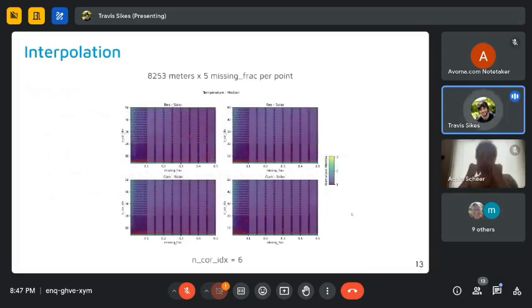So to begin with, let's look at the temperature median. Here on the y-axis is the number of correlated indices, and on the x-axis is the missing fraction. This goes from 0.01 all the way up to 0.5. You will notice that we have a lot more data points here below 0.1. This is because the CalTRACK and now OpenEEmeter disqualification criteria says that you cannot have any more than 10% of missing data. So most of our interest is below that.